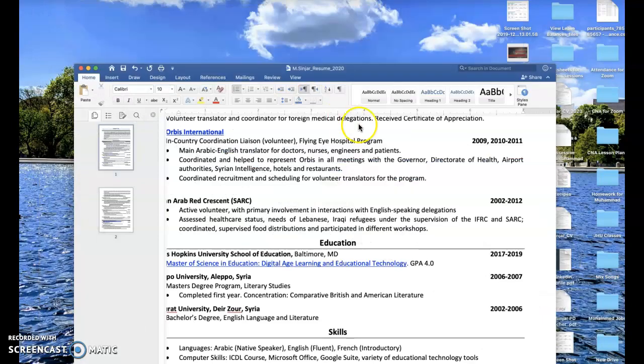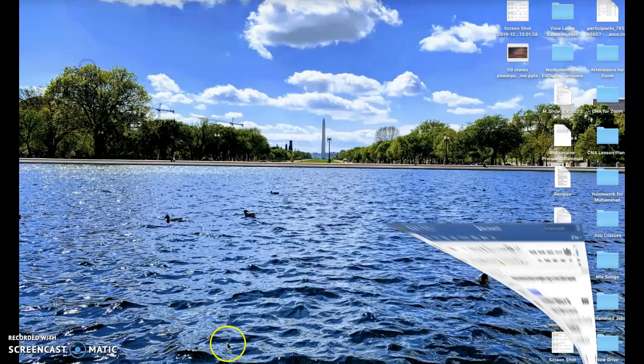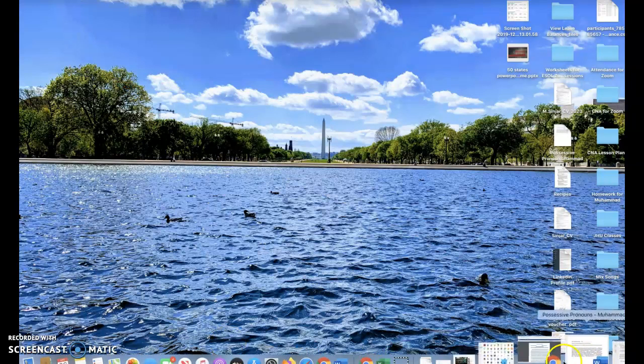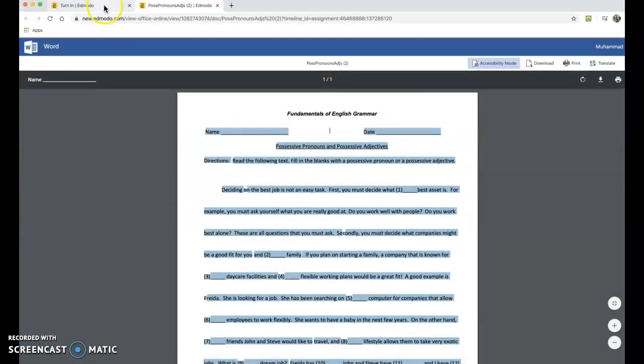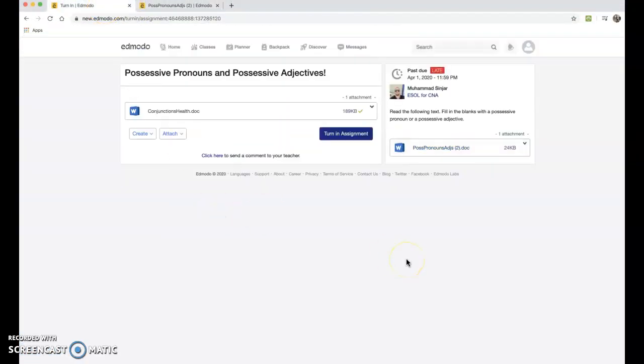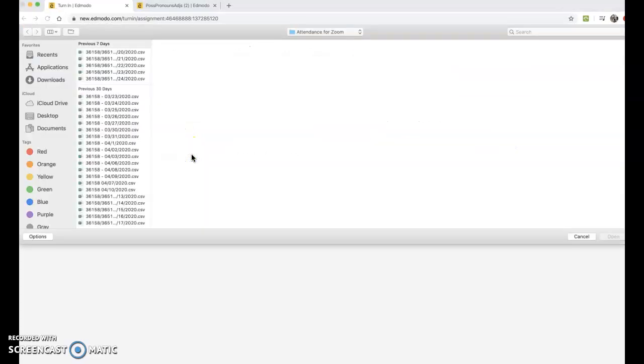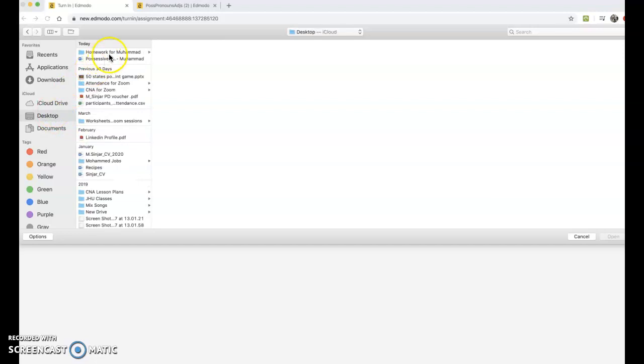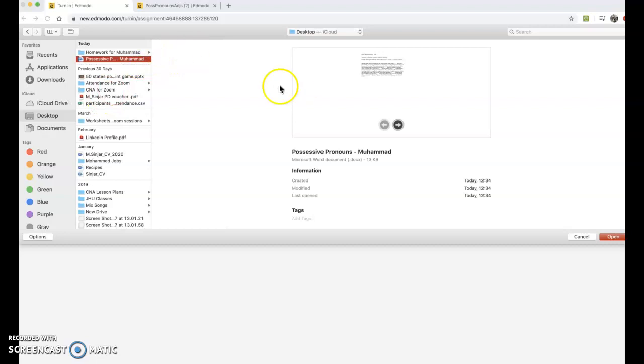I need to attach it. So where do we go? We go back to Edmodo. This is Edmodo. Now I'm ready to attach my assignment. So I need to attach, right? Attach from computer. Where did I save the assignment? I saved it on the desktop in a folder that is called homework from Mohammed. Okay? Good job, I don't see it. It should upload very soon. Possessive, yeah. See,